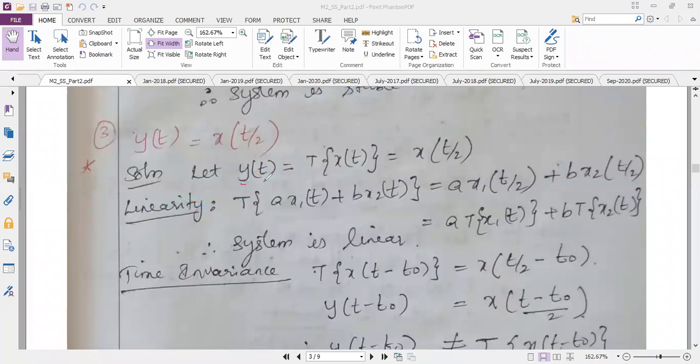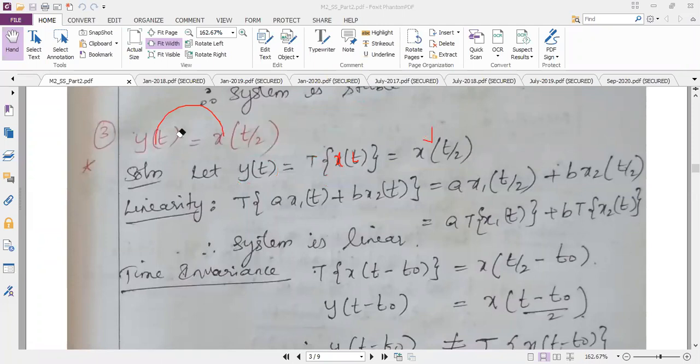Just write the first equation by yourself. The first equation is nothing but y of t. See, originally how will I get y of t? Y of t is obtained by performing the operation. As per the prescribed book, it is capital H, but here I have taken from other books, so I am taking T as the operator, so that doesn't matter. T of x of t. If I perform the operation on x of t, I will get y of t. But as per the question, my y of t is equal to x of t by 2. So this should be written for all the problems.